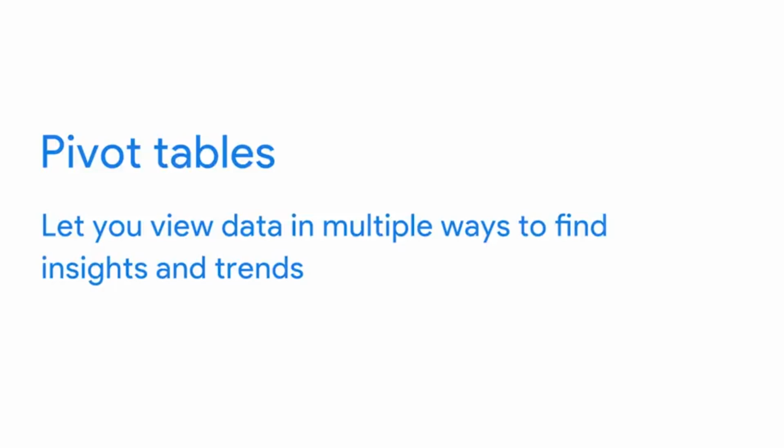Hey there! By now, we've learned a lot about functions and formulas. They are very helpful tools for your toolbox and great for finding shortcuts to complete calculations. But there's another tool out there that does some of the same things in a spreadsheet, the pivot table. As a quick reminder, pivot tables let you view data in multiple ways to find insights and trends. We've talked before about how pivot tables help with cleaning and organizing your data, including sorting and grouping data. But pivot tables can also help with calculations.